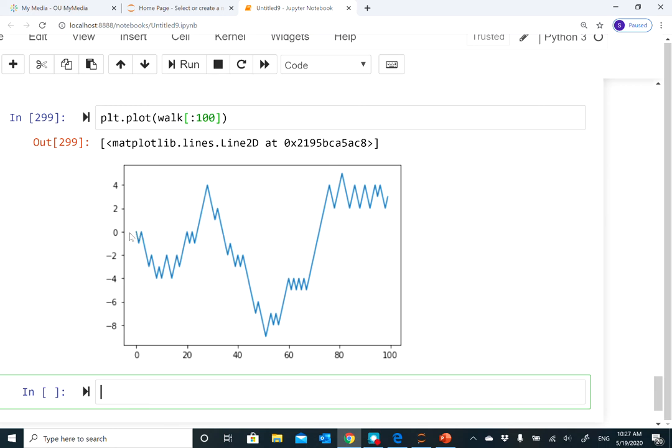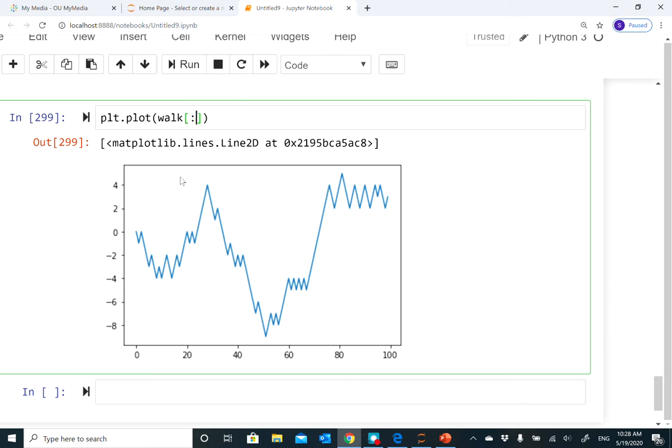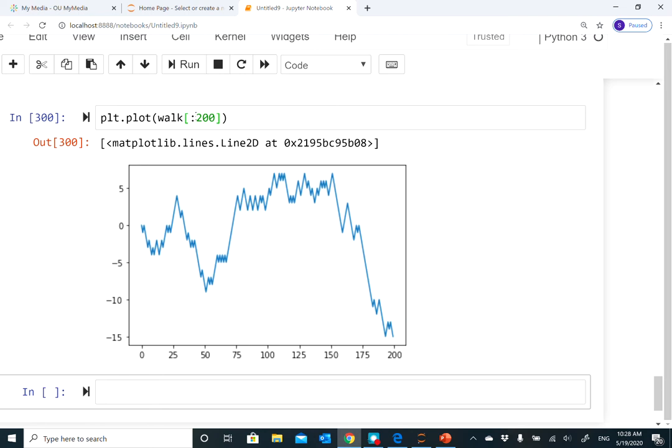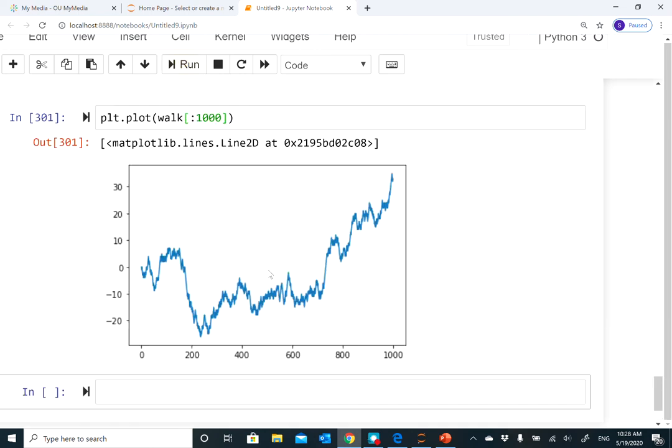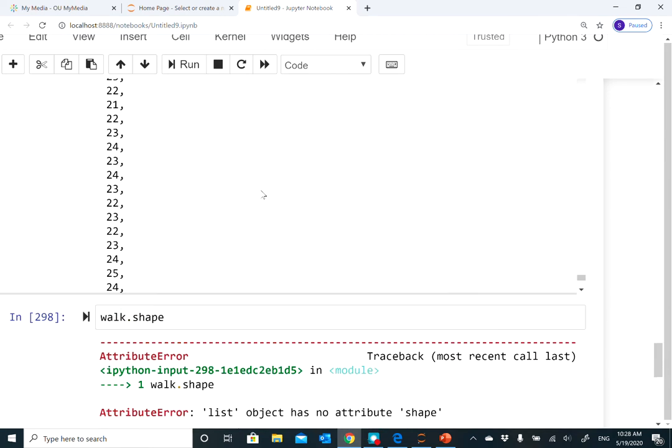First we started from position 0, all negative, and then we go up again with a step backward, and you can see the randomness in this process. If you want to see the first 200 results, then this would be the result. And if we want to plot all instances, 1,000 steps, this would be the result. Now, if we take a closer look here,